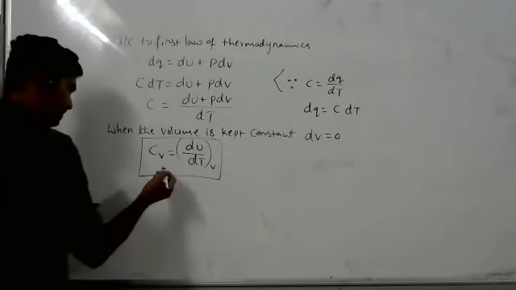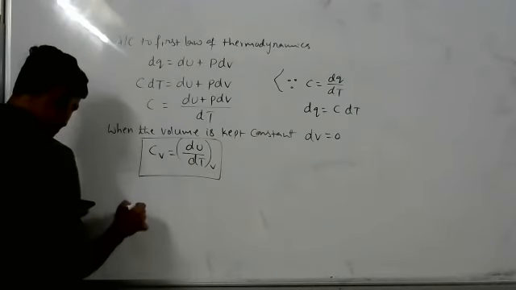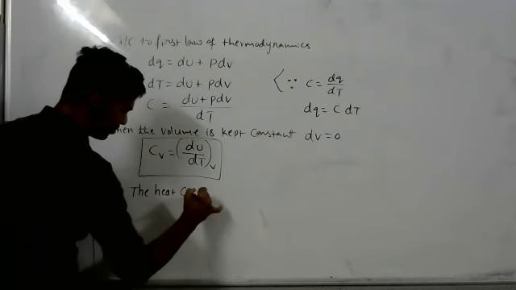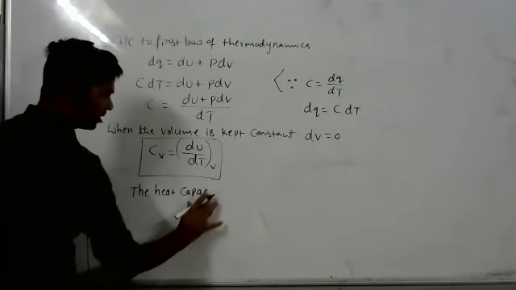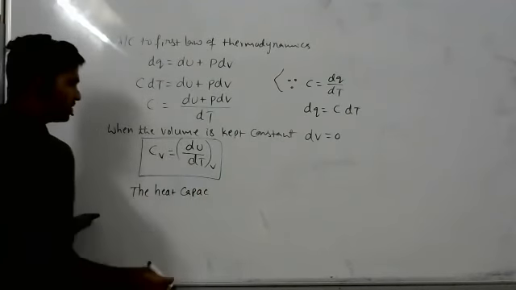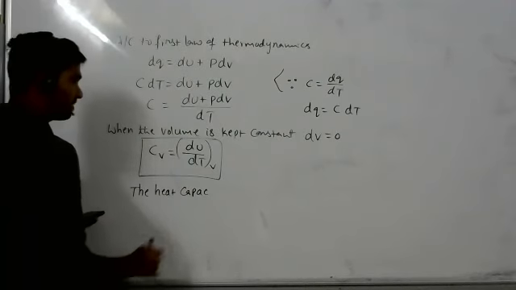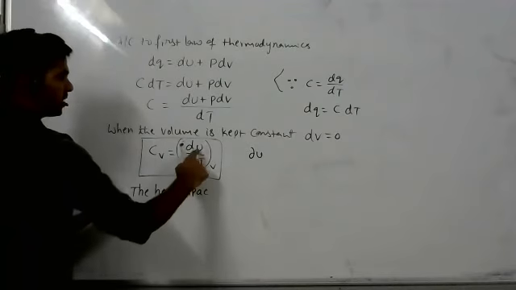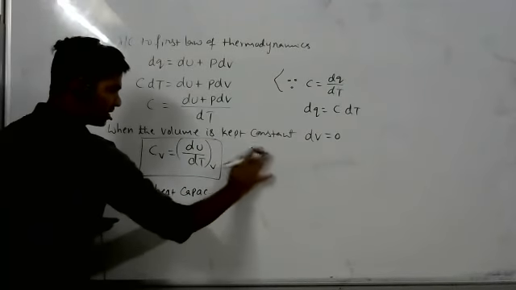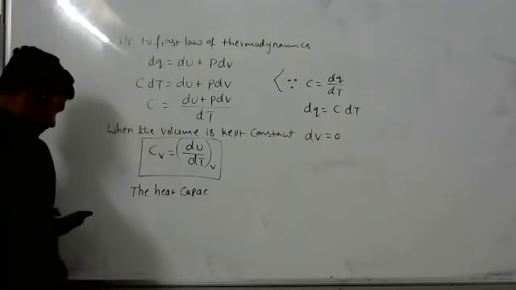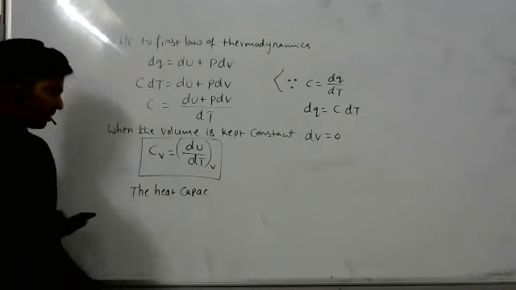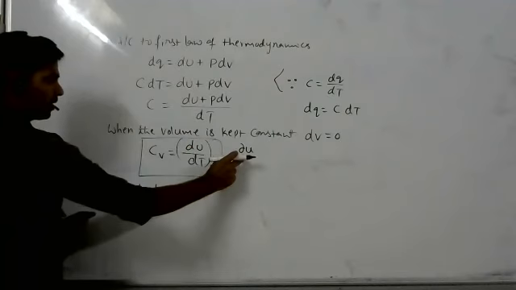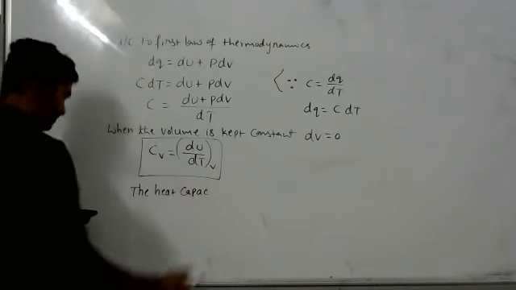So here we are defining heat capacity another way, the heat capacity at constant volume. Why can't we write delta instead of d? We can write the rate of change in internal energy as delta U, dU, or sometimes dou U also. Dou U is a partial differentiation, while dU is normal differentiation in mathematics. If you write dU or dou U, it is accepted. Dou U we write for real gases; dU we write for ideal gases.